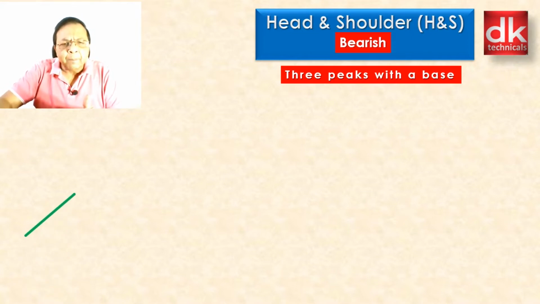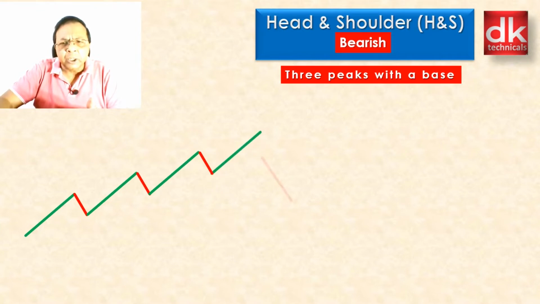So friends, the market has made this impulsive wave on the higher side, then the market has corrected, then after the correction is over it has moved and made a new high, then the market makes another correction, and the higher highs and higher lows formation continues to happen